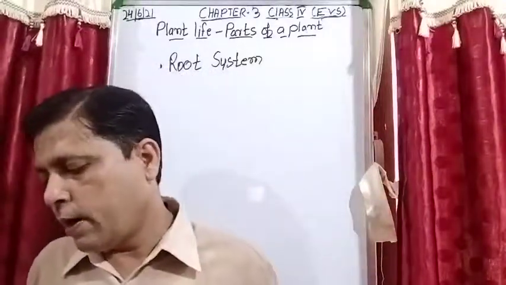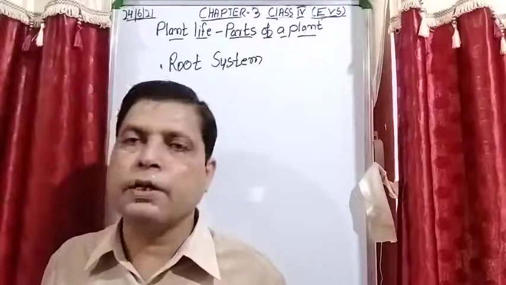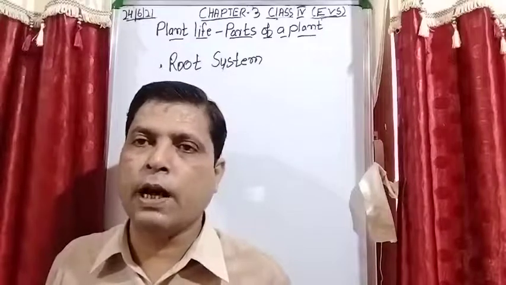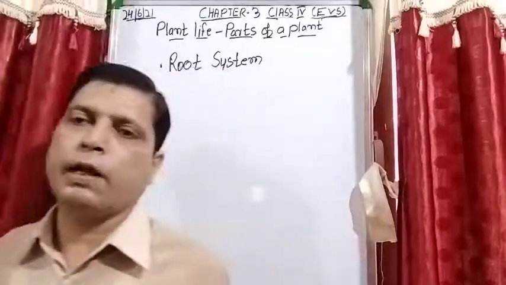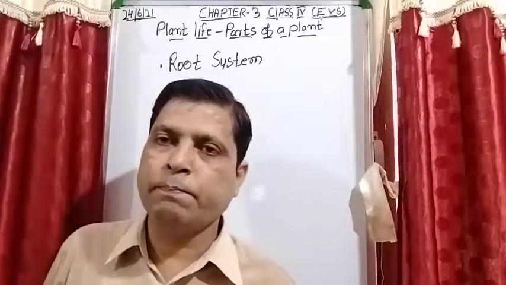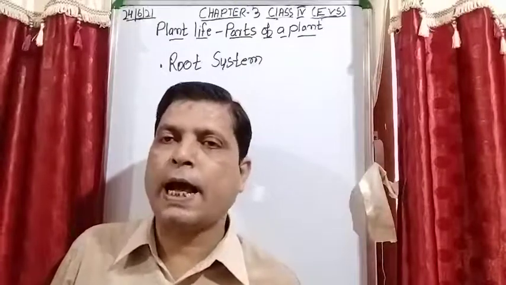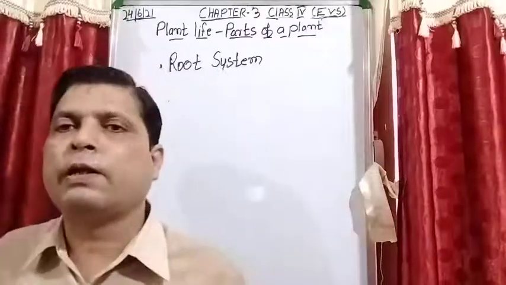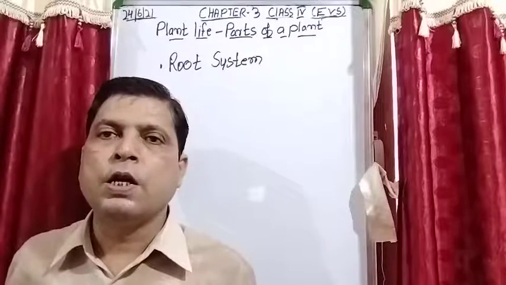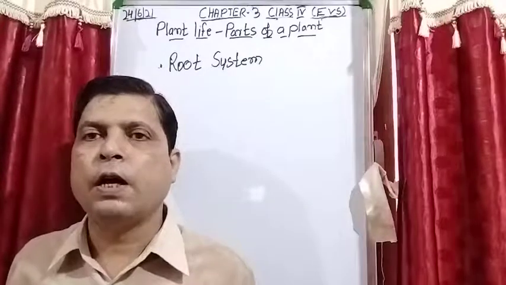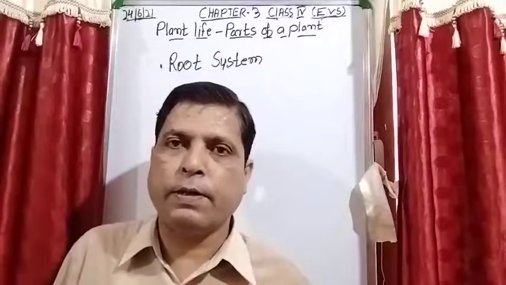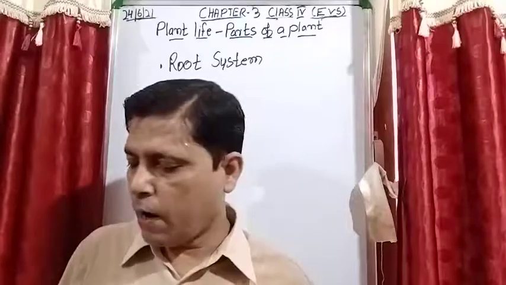Second learning objective: after studying this chapter you will understand parts of a plant and their functions. After learning this chapter, I hope you are able to understand what the parts of the plant are. That is root system and shoot system, and shoot system contains stem, branches, leaf, flower, fruits. And now you are able to know what the functions of a root system are, what the function of stem is, what the function of leaves is, and what the uses of the flowers are. Is it clear?